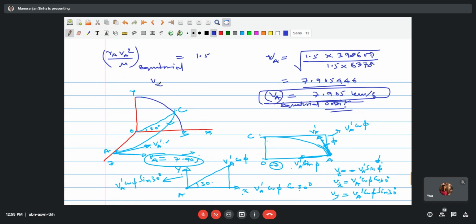So Vx originally and Vx prime after impulse. This is after impulse, and this is before impulse. Because this is purely the equatorial orbit, and also the perigee position A, you do not have any velocity along the y-axis and the z-axis in the equatorial orbit. So this gives you delta V A along the x direction.